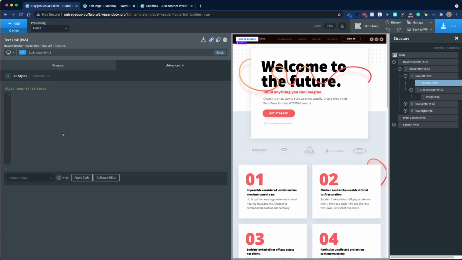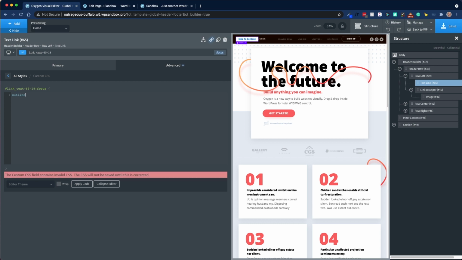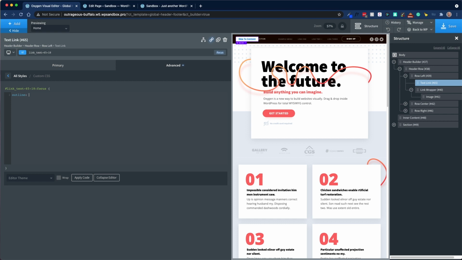So next thing I'm going to do is click my back arrow twice, and we're going to come to our custom CSS. And from here, I am going to add in 1 line here, and it's going to be outline. We can color this appropriately, so I'm going to do 2 pixels, solid, and you can choose your color. Now, depending what color you have going, you want to make sure you choose something that pops out, both from the white and the black. So we can try the blue and see how that looks. I'm just going to hit apply here,